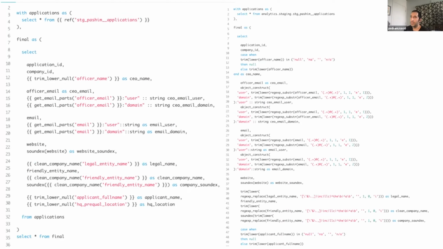And so we've got a bunch of macros like get email parts, which we talked about, clean company name, trim lower null, and obviously it gives you this long thing. You can see immediately why macros are great, because you'll never have to fix this more than once, only once. And then you get basically,